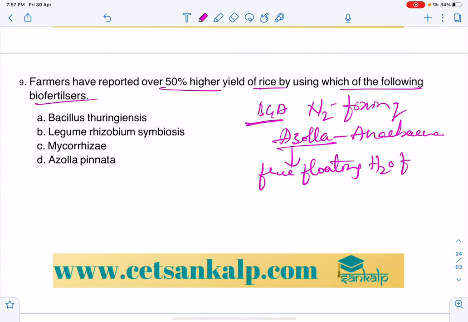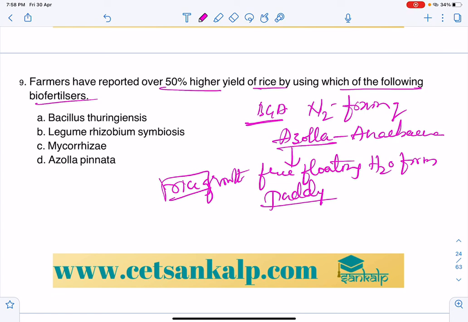Water form, right? Hence it will be used in the paddy field, that is the rice field, right? They are going to use that in rice growth. So this is very important in China mainly and other countries, right? It won't affect any other plants, but it is going to fix the atmospheric nitrogen. Azolla coexists with rice. So Azolla pinnata exists with rice and generally helps in